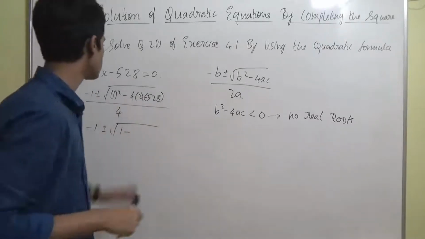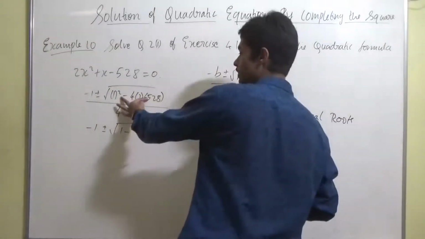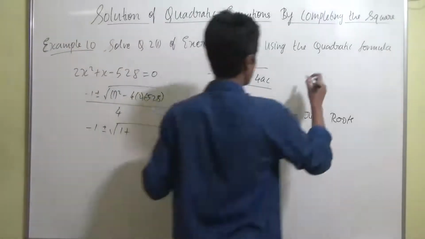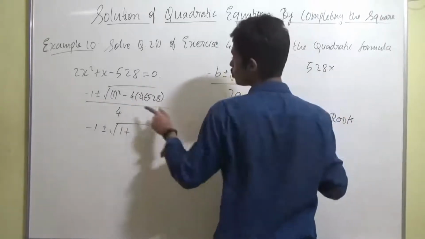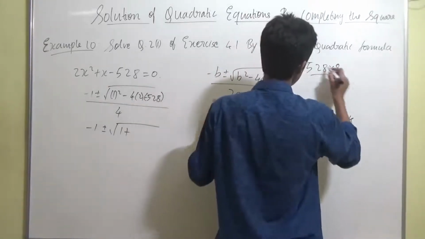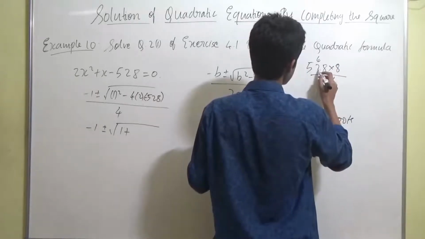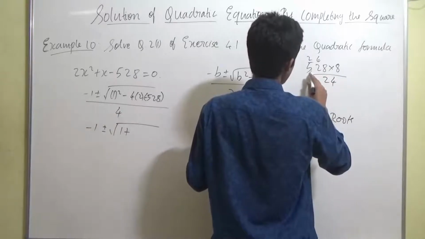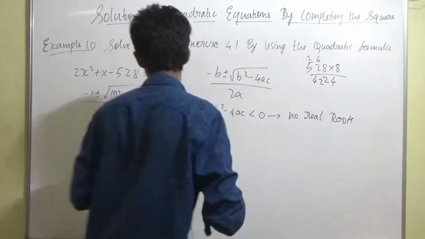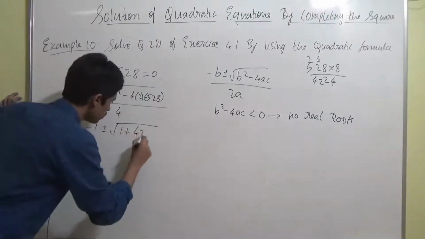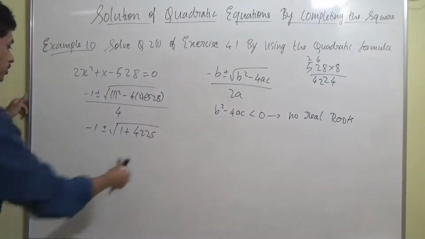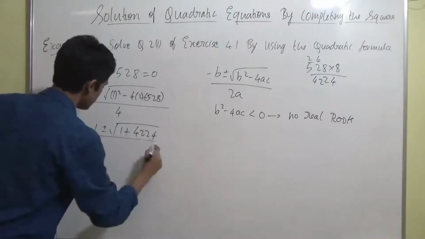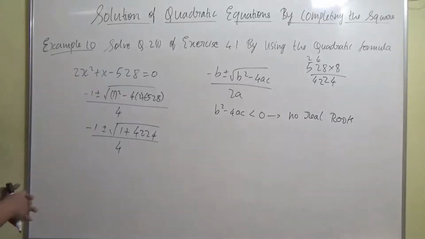Now if I multiply this, minus into minus will become plus, that's one thing, right? So this will become plus in the first place. Now let's multiply this and see. 528 into 2 into 4, so this will be into 8. 8 into 2 is 16, 16 plus 6 is 22, 8 into 5 is 40, 42. It comes as 4224, right? So it is 4225, divided by 4. Getting it, guys?